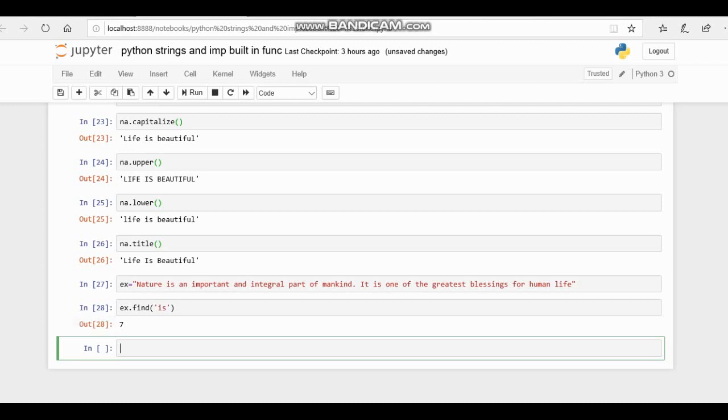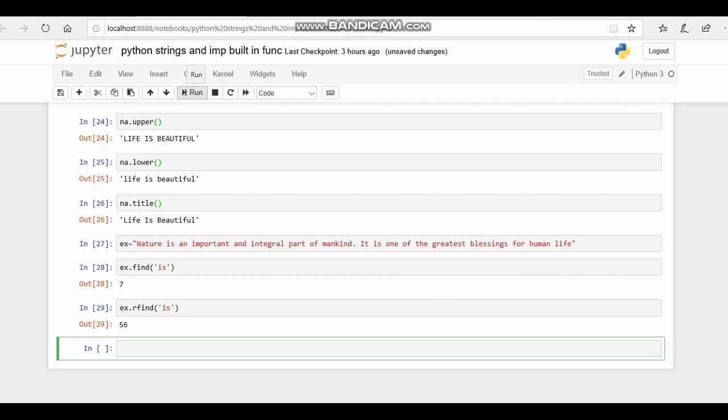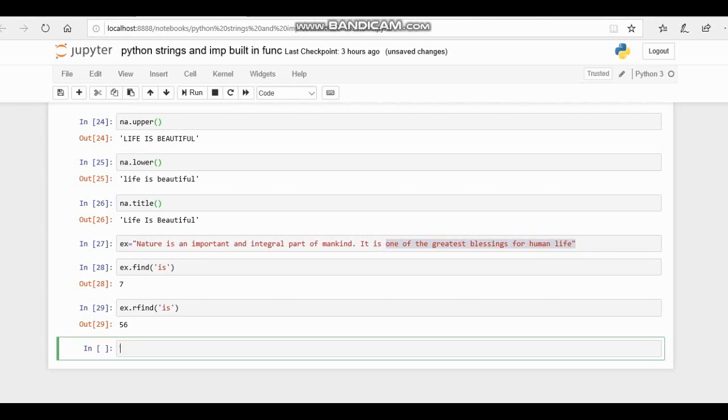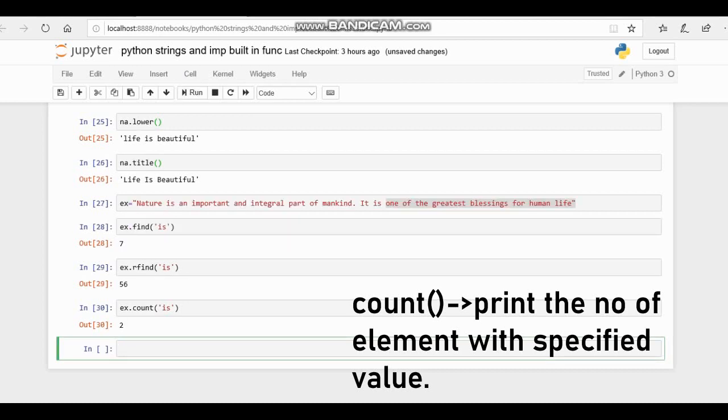And the ax.rfind function will help to show the last occurrence of that word in a string. At the 56th place, here is the last occurrence. Now see the count function, which helps to count the word occurrences in a particular string. So two times it is there, here and here.